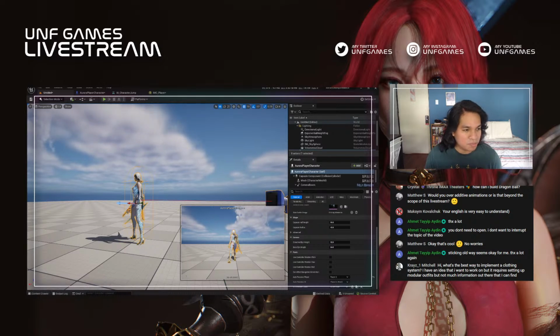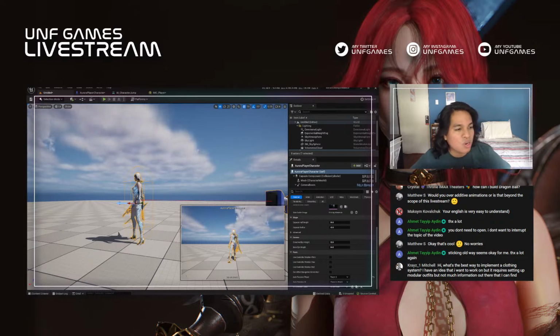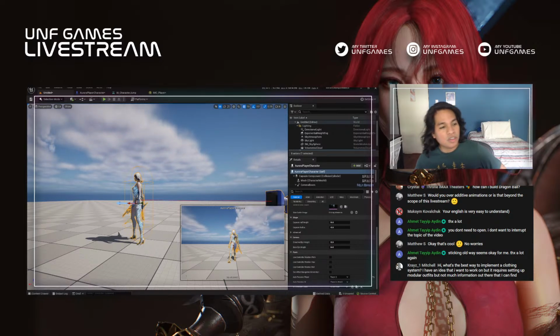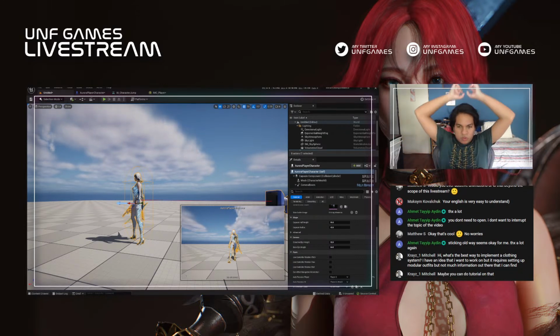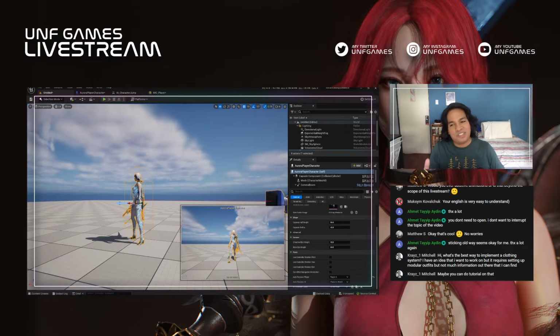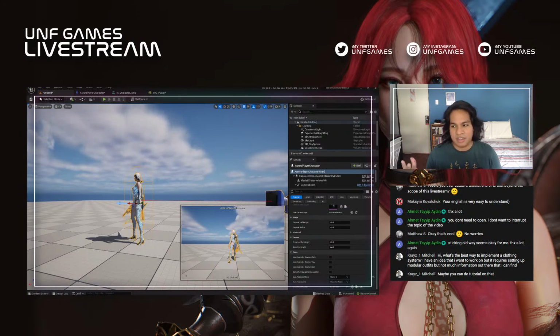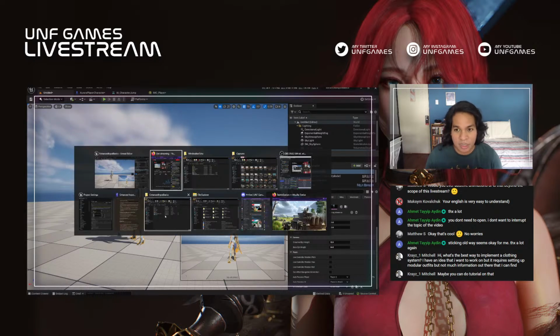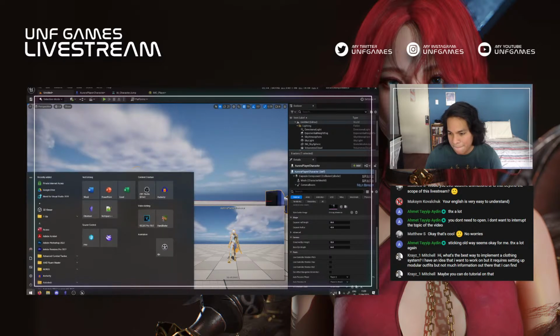And the last question before continuing forward. Hi, what's the best way of implementing a clothing system? I have an idea that I want to work on, but it requires setting up modular outfits, but not much information out there. So that's a big question. I can simplify it for you. I would look at other systems that already work. For example, if you go to the marketplace,